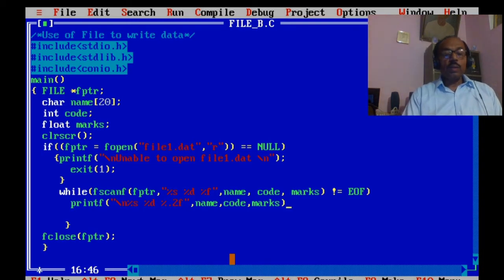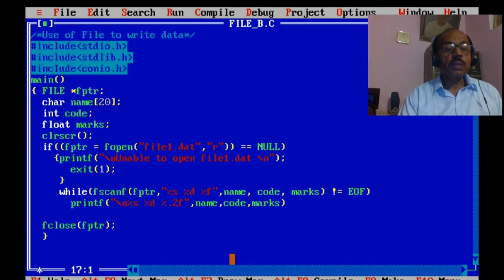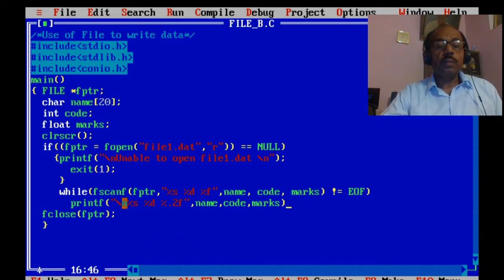So this will print while reading from the file pointer fptr the variables name, code, marks. These are the three values read from the file under fopen.